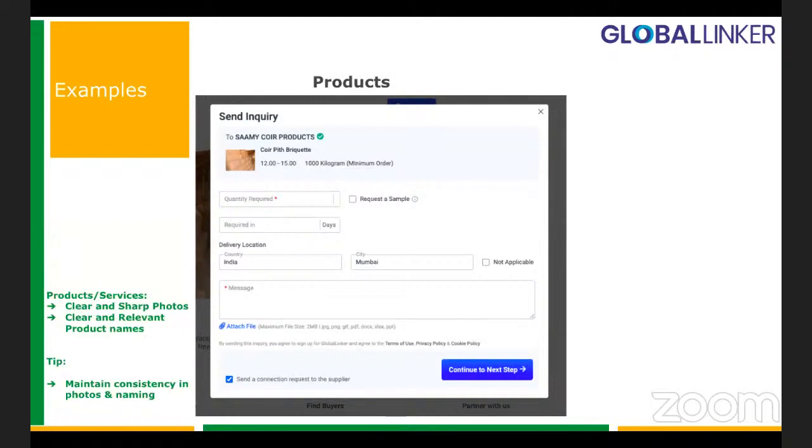So again, you have just created a digital profile. You have done nothing else. You have made sure that your products are showing easily and simply over here. And now other overseas buyers are coming, or even local buyers are coming, and they view your profile, and maybe a discussion gets started with you.